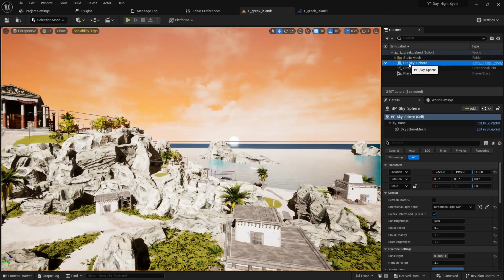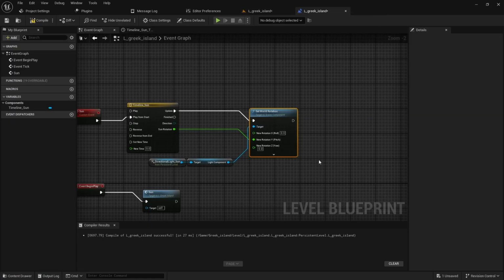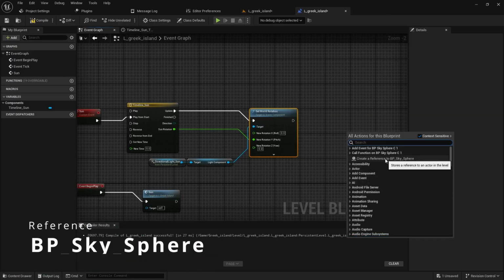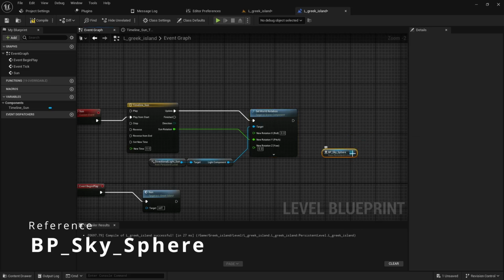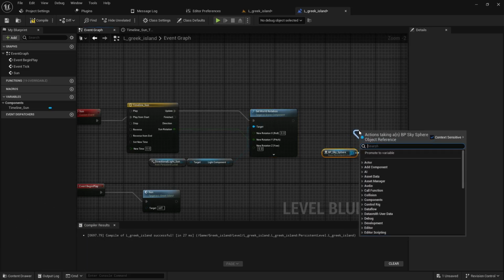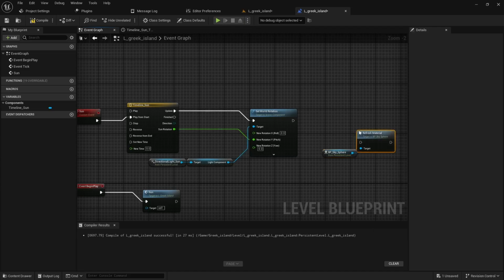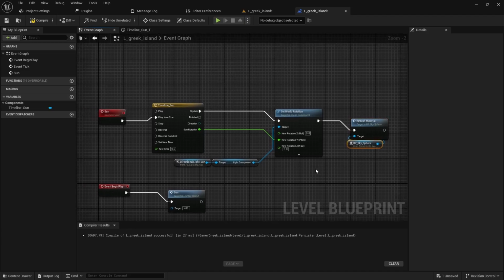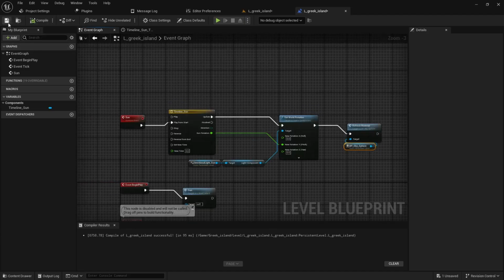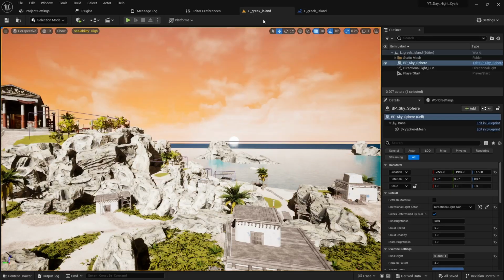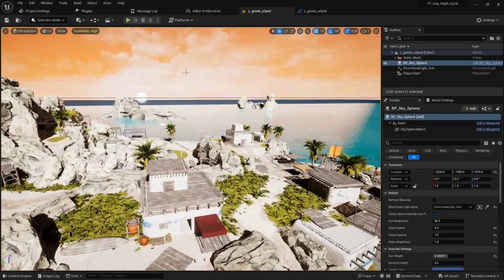So what we can do is select the sky sphere, go into level blueprint and right click, create a reference to the sky sphere, and then when you drag off, you can access any of those component values inside the inspector. So in this case, what was it? Refresh material. So we can call refresh material, and then it'll redo that draw call and reposition the sky and make sure all the lighting's good for us. So if we compile and save this, it doesn't matter what values you set in the level, the